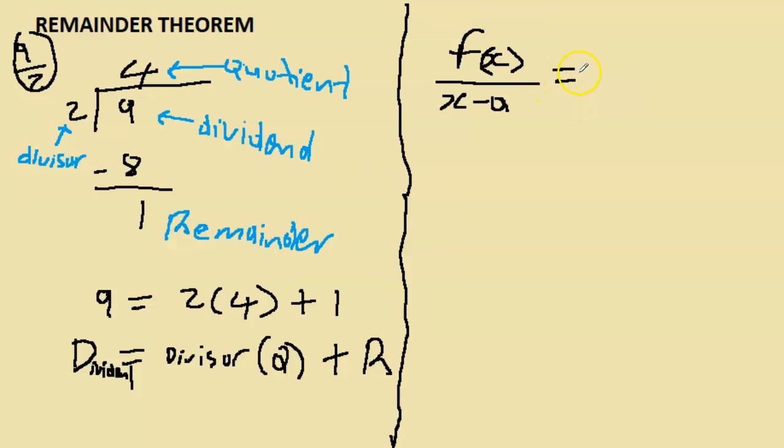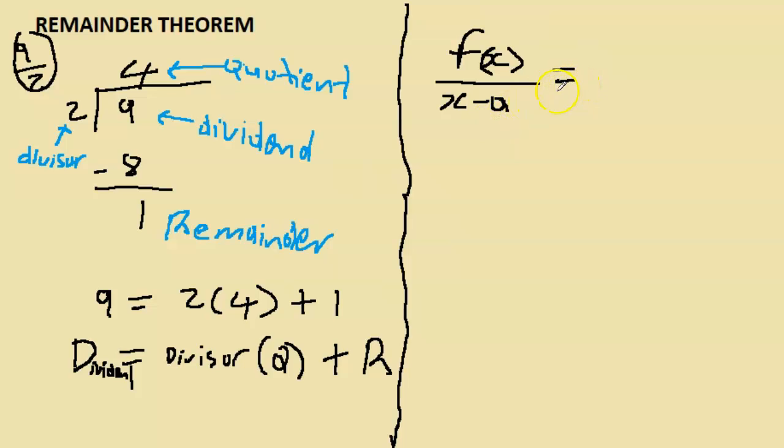So f of x is the dividend, what you're dividing, and x minus a would be the divisor. So if I ask you to divide f of x by x minus a,